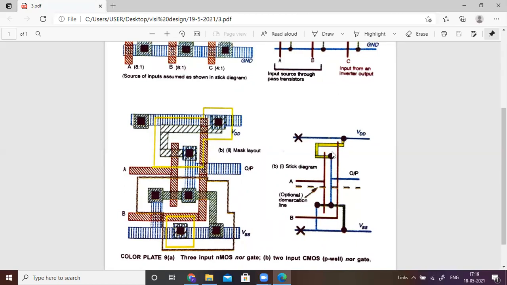Next, take a red color and extend it from this point vertically to this point. This forms two transistors, one N channel FET and another P channel FET. A P channel FET will be formed here, and the N channel FET is formed here.